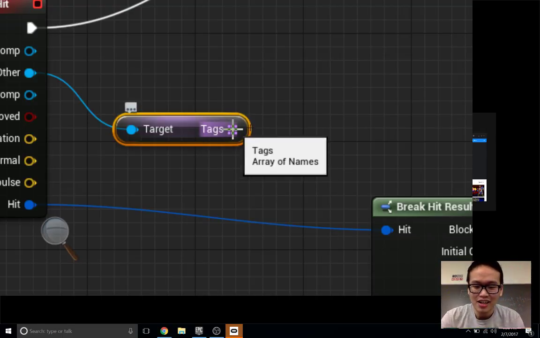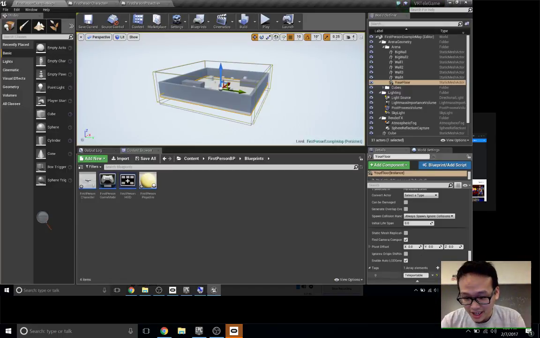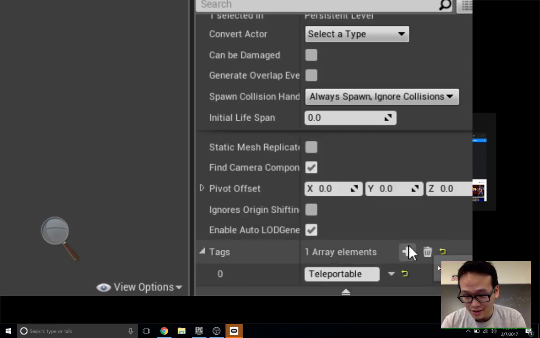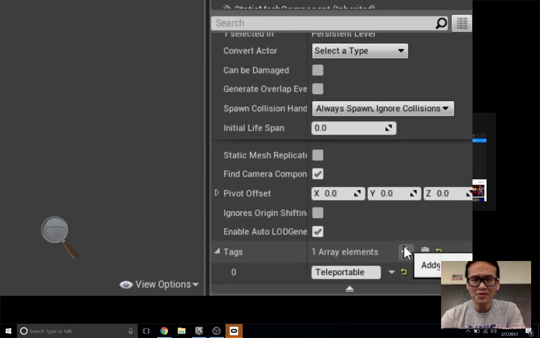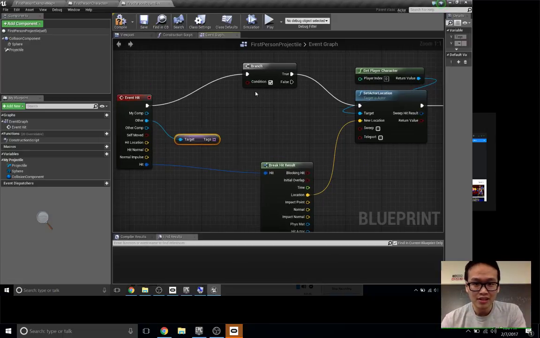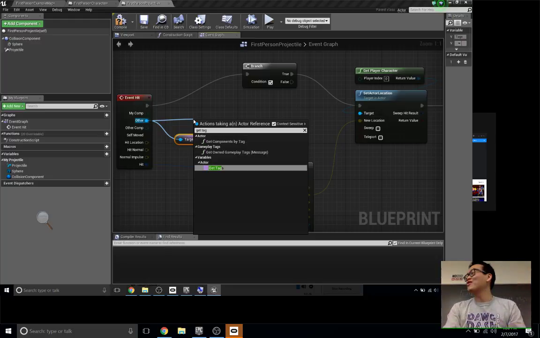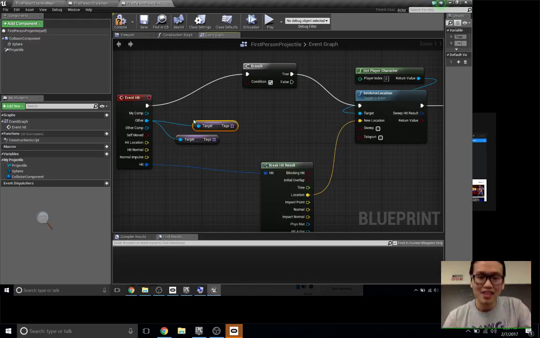Yeah, because if we look back at the map, when we do the tag, this is an array type, because we just add a new element to it. So an object can have multiple tags, however your game logic wants it to be. What dot? Oh, just get tag. A lot of times, the most intuitive search term you can come up with is usually the first thing.